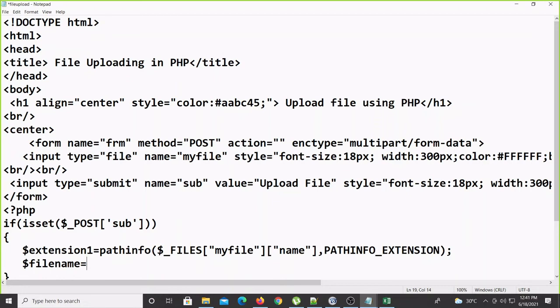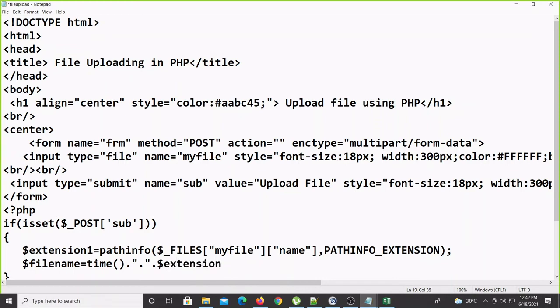For a student, USN is a good option, since every student has a unique USN. Otherwise you can use the time function. Everybody cannot upload at the same second, so definitely there is some difference. In that case you can use the timestamp, the time function, time, dot, double quote, file name, dot, some extension should be there, so that double quote we have to concat here, dot, then again dollar extension.